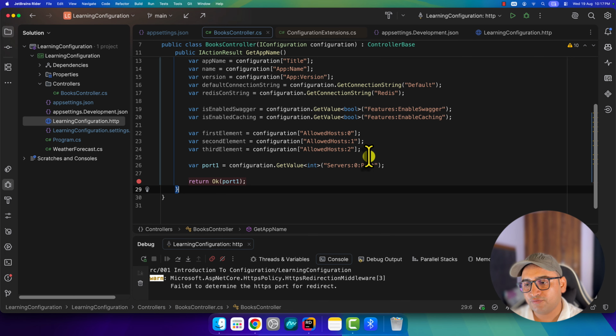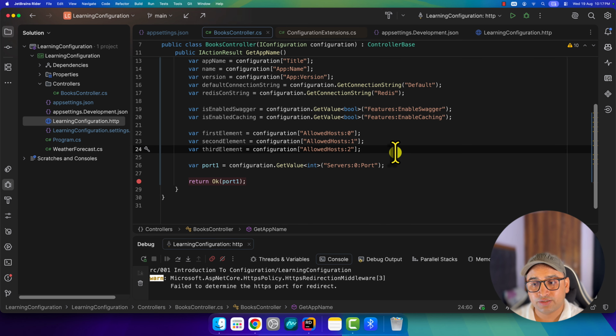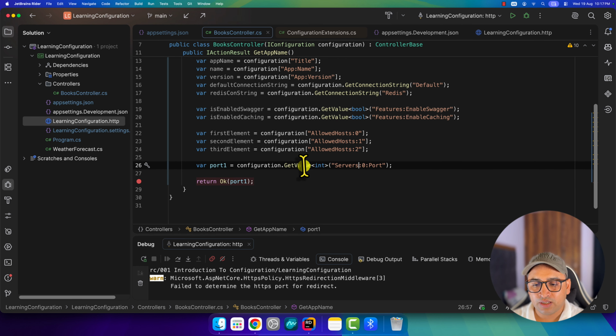Along with getting the data, if you also want to set the default value, then that is also possible at this place. Suppose, for example, I'm talking about this port, right? I'm checking if at this server 0 port the value is there then get it, if the value is not there then get something else. So suppose over there I'm saying get this 8080,